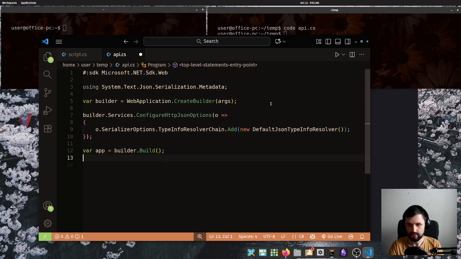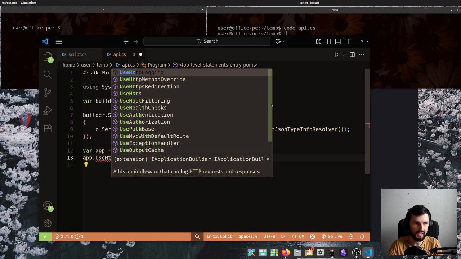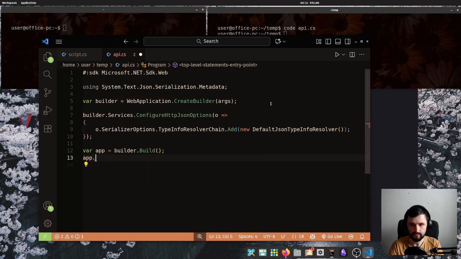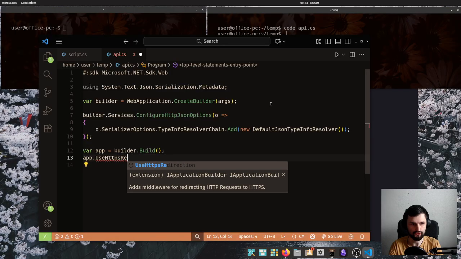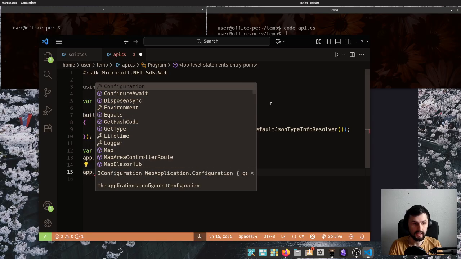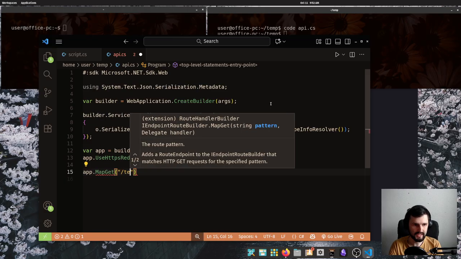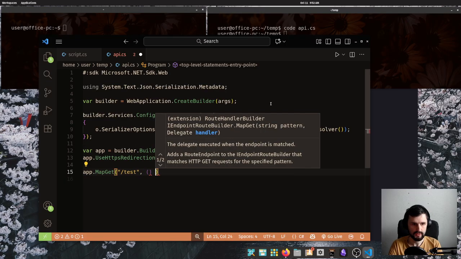We're also going to do standard ASP.NET stuff, right? So use HTTPS redirection, for example. It's not going to play a role inside our demo here, but just so you know, this is a standard Program.cs in some way. And we're going to use minimal APIs to map get a test route, and we're going to